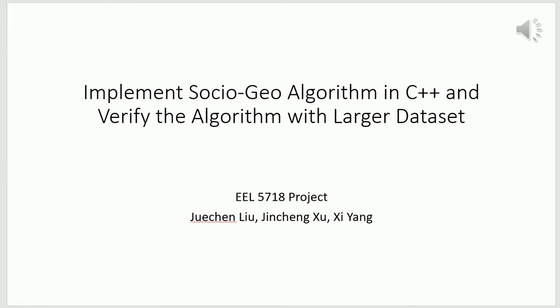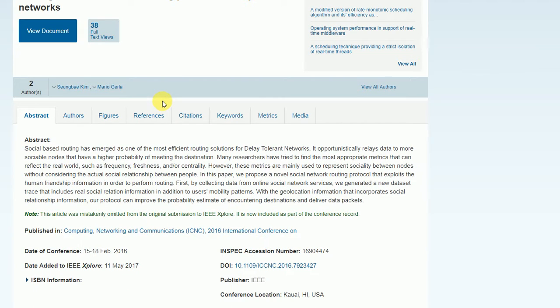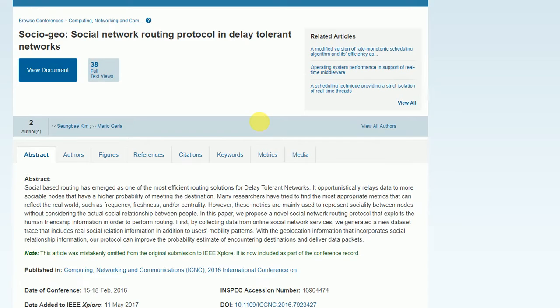First, let me introduce the research paper we selected. The research paper we chose is titled Social Network Routing Protocols in Delay-Tolerant Networks, published last year at an IEEE conference. This paper introduced a new routing algorithm for delay-tolerant networks based on the social network idea, and they claim that they developed a very efficient